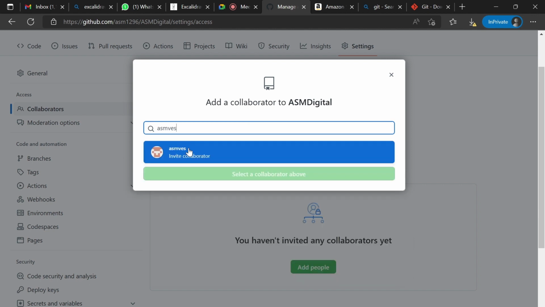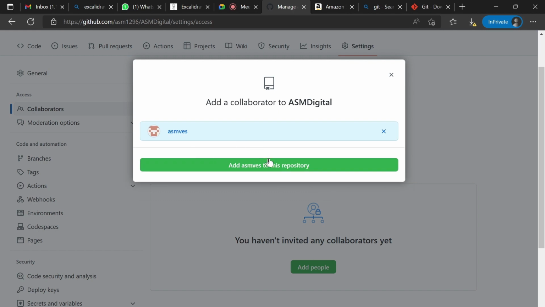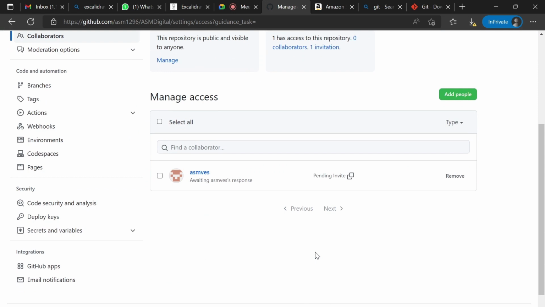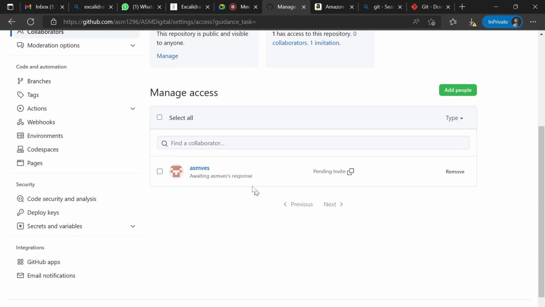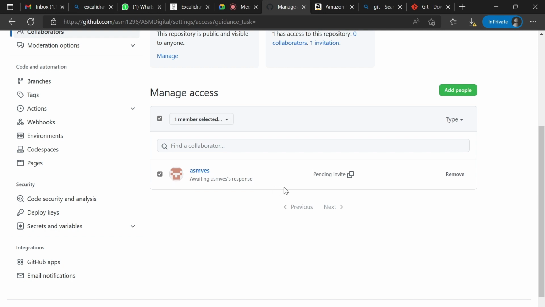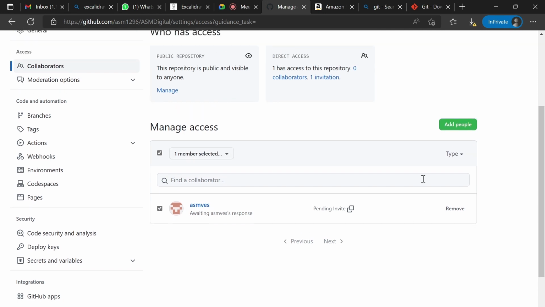See, this is my new account which I created, ASMVS. Add ASMVS to this repository. If I click on it, now the request is pending. I need to accept that request, I think. Once I accept that request, I will get the option of what permission I need to give the user: read permission and write permission.